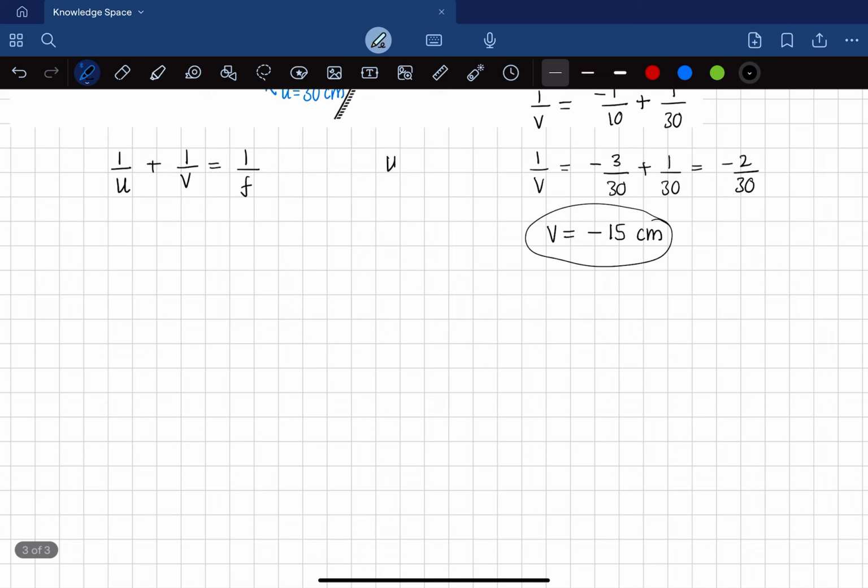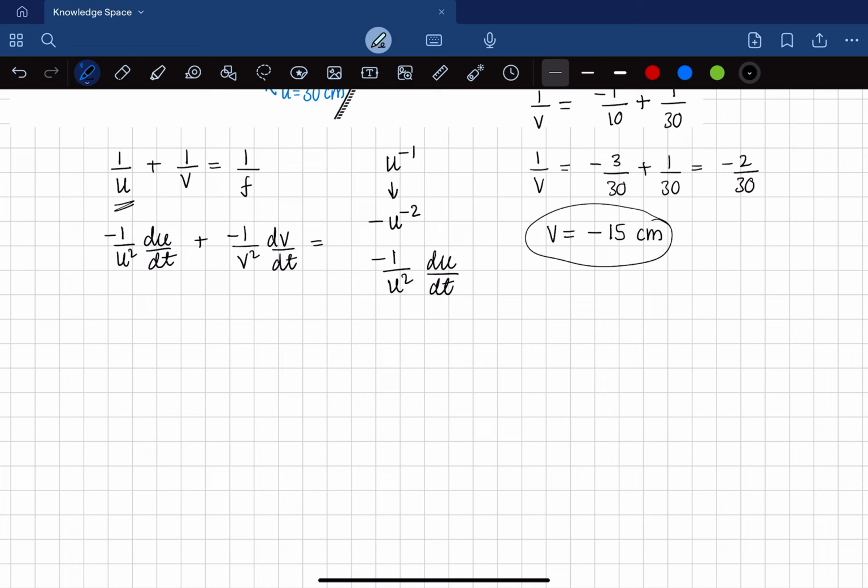This is u to the power of negative 1. So this differentiation would be negative u to the power of negative 2, so that's negative 1 over u squared. And if we're differentiating with respect to time, then we would have to put a du by dt next to it. So negative 1 over u squared du by dt, and similarly here, plus negative 1 over v squared dv by dt, which is equal to